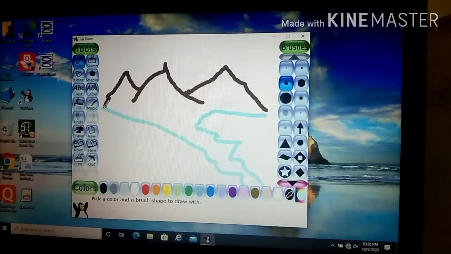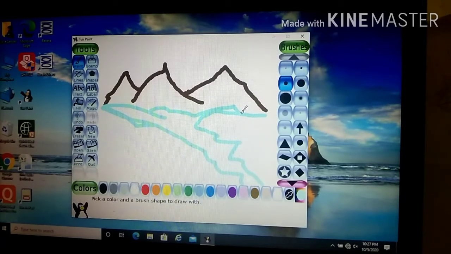Okay, I'm going to join these dots here. Okay, so here I've drawn this much.